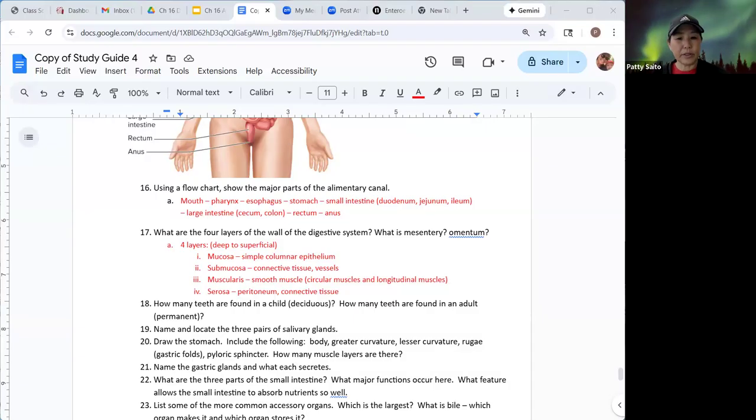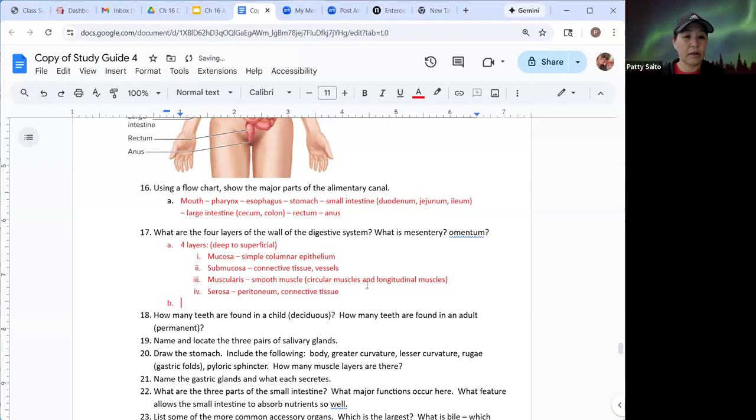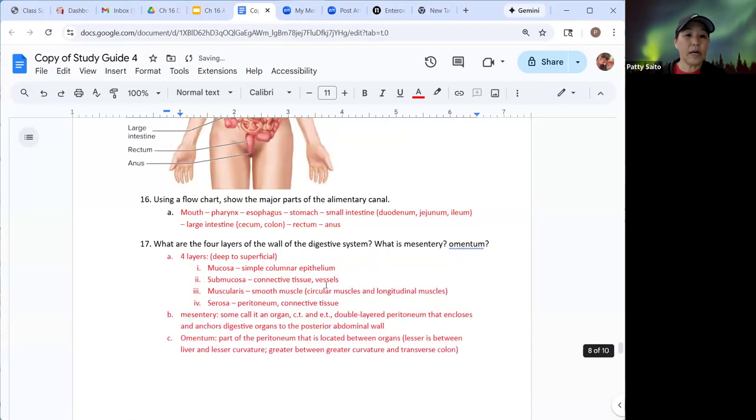And then I'll give you a picture too. Okay, so mesentery, some call it an organ. It's, with any of the serous membranes, both connective tissue and epithelial tissue. It's peritoneum and encloses and anchors digestive organs. I'm going to put small intestines or intestines because there's large intestines also, to the posterior abdominal wall. Omentum,